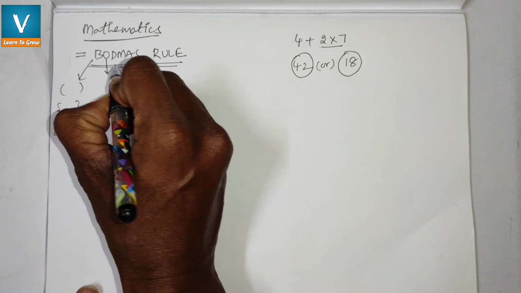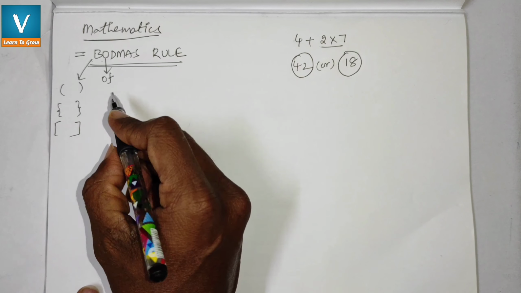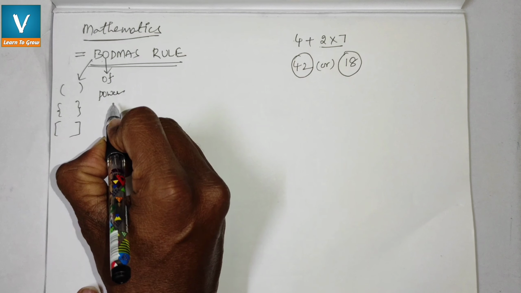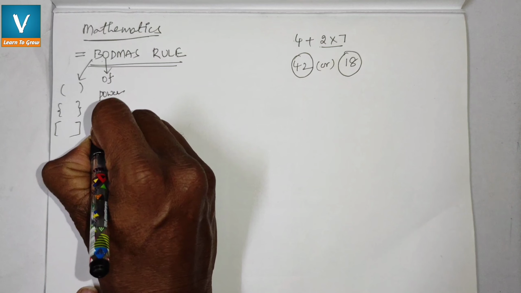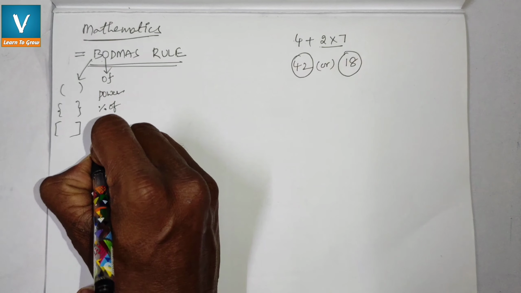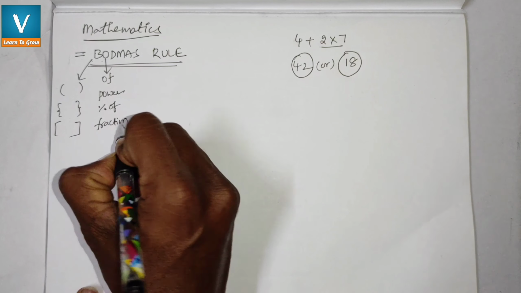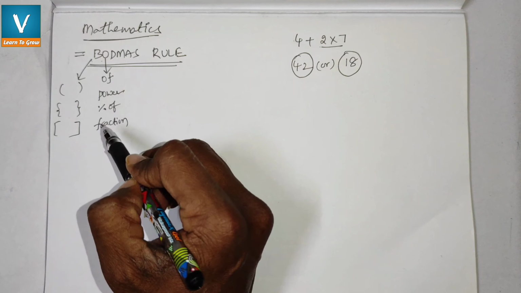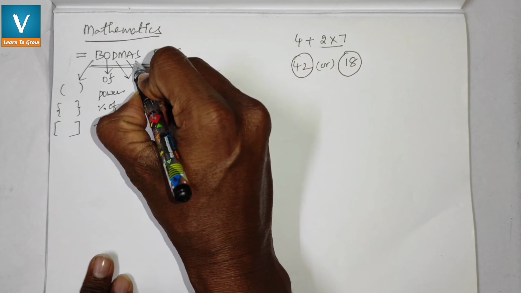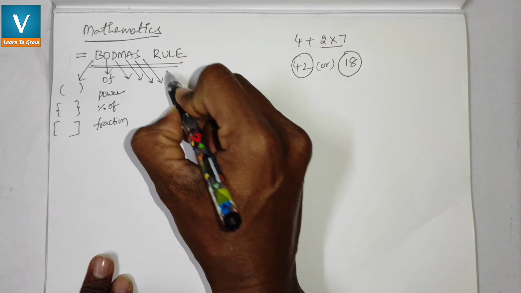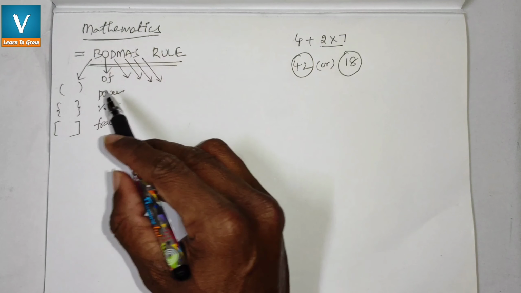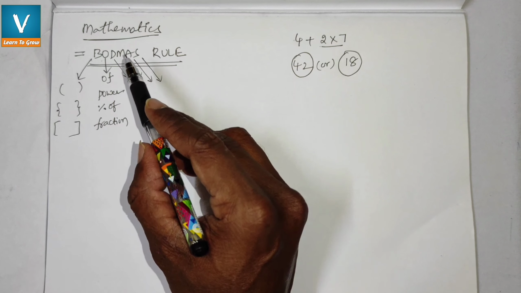Then O stands for of. Of we can again classify into three types. We can use it as a power, nothing but a square's purpose, or you can use percentage of, and we can also use fractions. And in some situations it is also used as a multiplication. And D stands for division, M for multiplication, A for addition, and S for subtraction. In this sequence order we have to do. So what is the use of BODMAS? It helps us to find the sequence of operations.